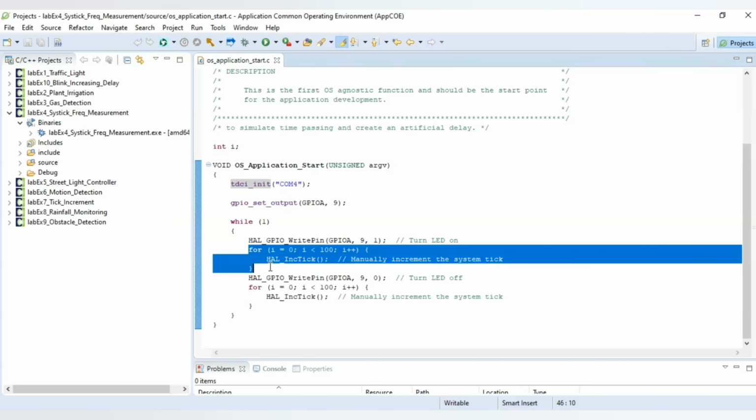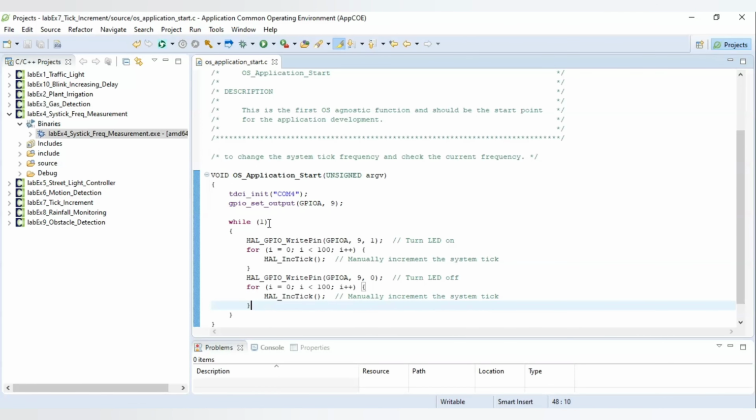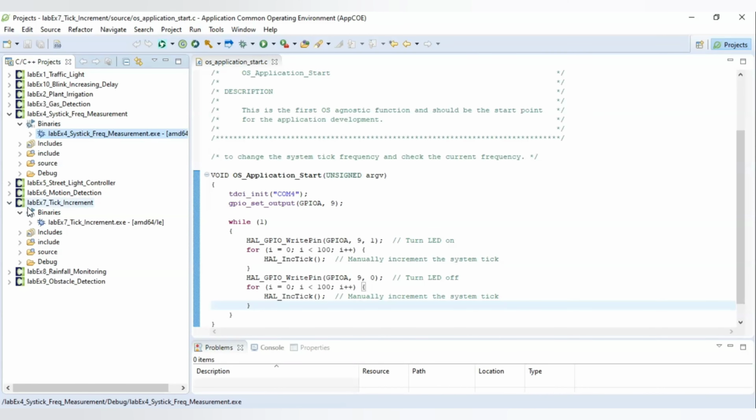So the LED is toggled on and off. We are using two APIs, one for on and another for off. So the LED is going to toggle on and off with these delays, which are based on the current system tick frequency. So the LED's behavior reflects the delay intervals, showing how system tick frequency directly impacts the timing of the LED. Okay, now I'm going to run this